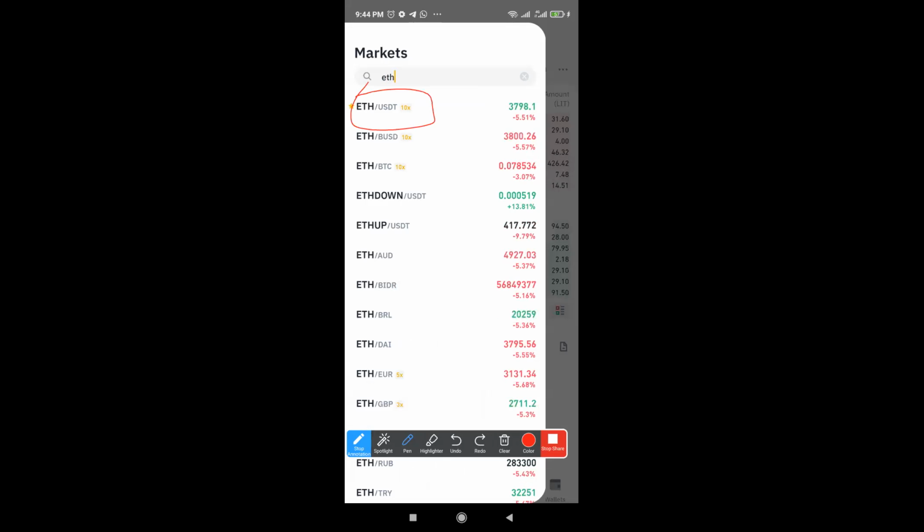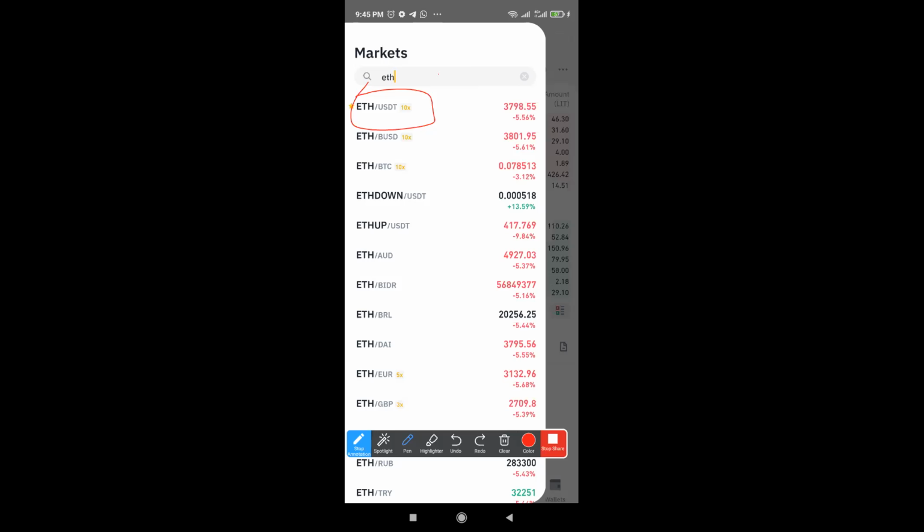You are swapping your US dollar that you have funded your wallet with in order to get Ethereum. That's basically it.